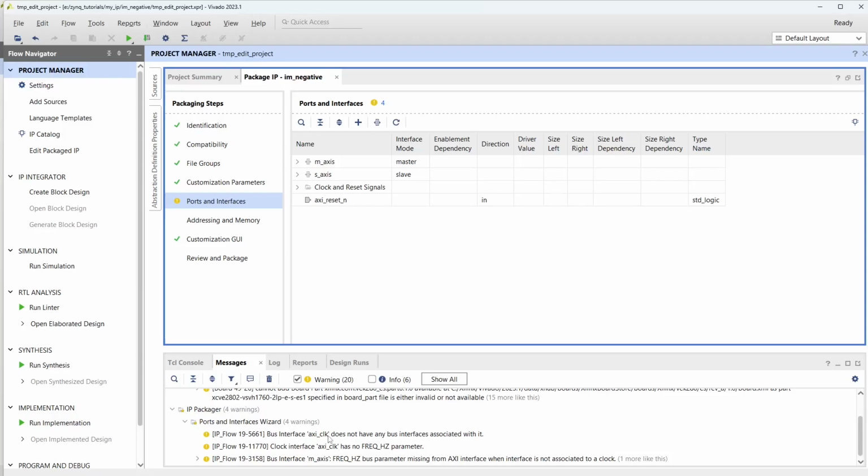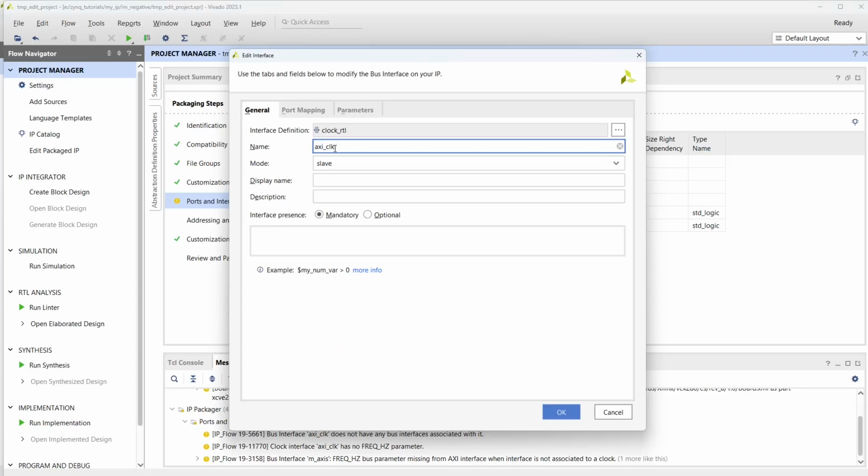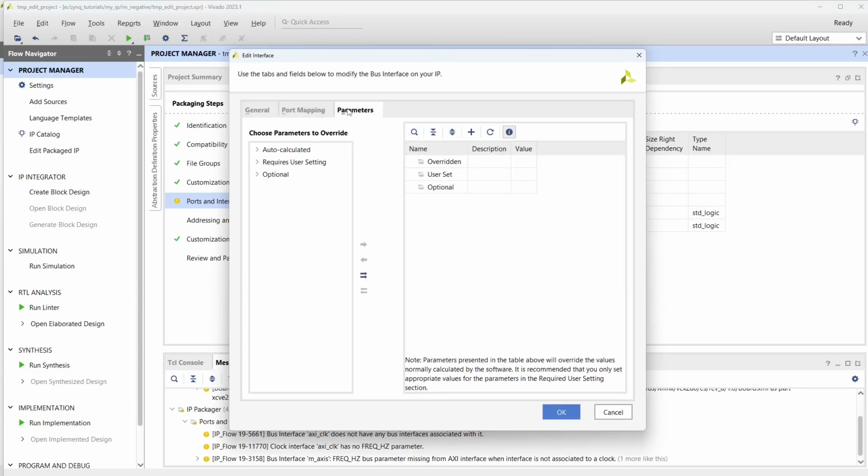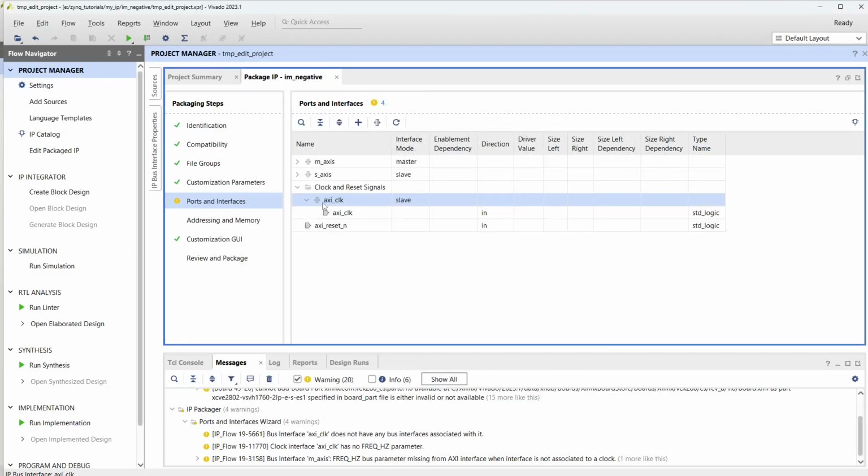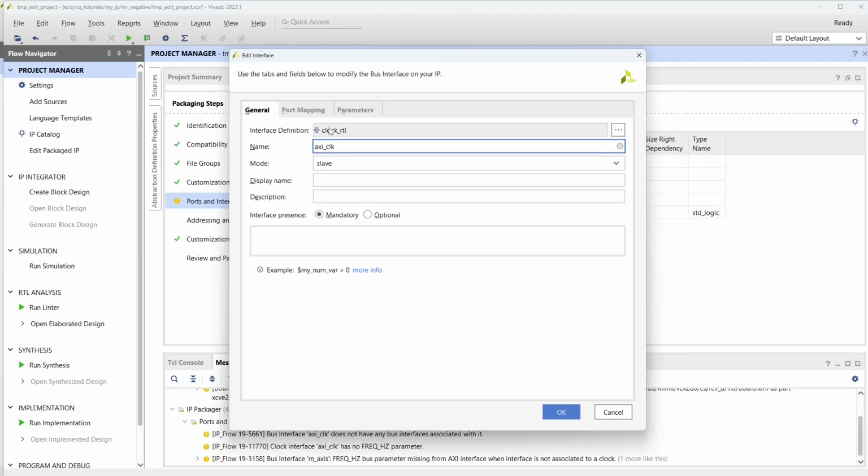So the problem is regarding the clock. The clock is not associated with your M axis, your master and slave interfaces. And also the frequency hertz parameter is not defined for the clock. So you do one thing, go to clock. We have to inform what all things have to be associated with the clock. So first thing, double click on axis clock,